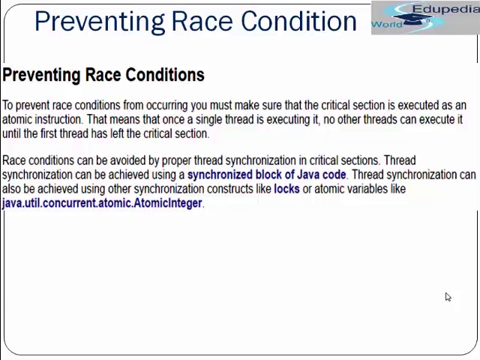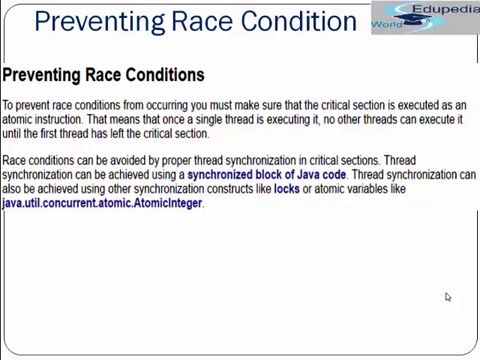Okay, and to prevent it, you must make sure that if one thread is running, it completes the complete atomic operation, and it should not allow the other thread to enter the critical section until the first has left. Now, a race condition can be avoided by proper thread synchronization in the critical section. Thread synchronization can be achieved using a synchronized block of Java code.